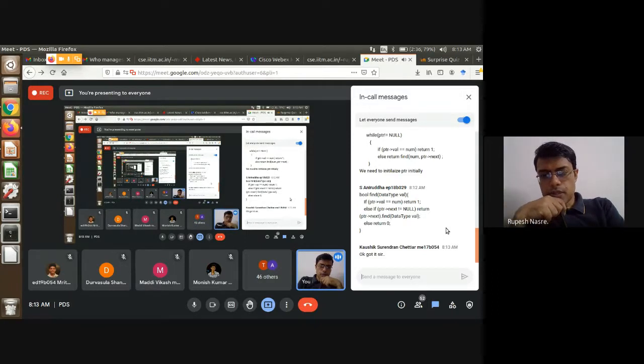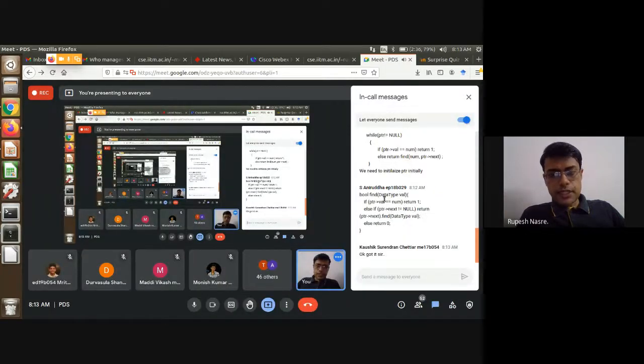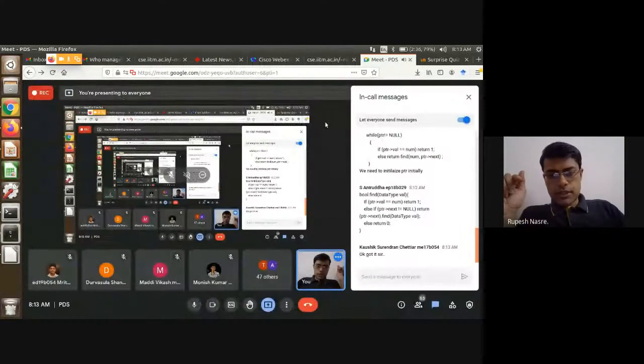Else if ptr arrow next not equal to null, return ptr arrow next dot find. No, that find is on the list, it is not on the node. So ptr arrow next dot find will probably not be appropriate unless you want to.